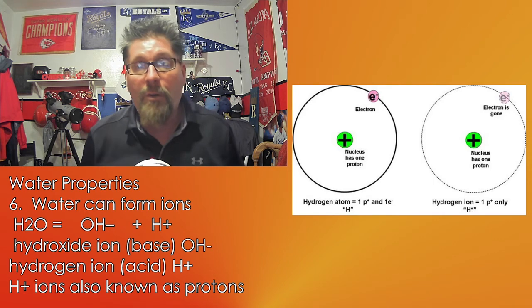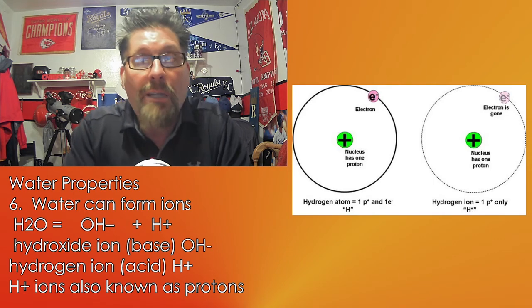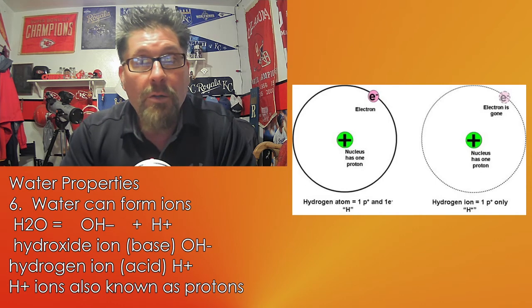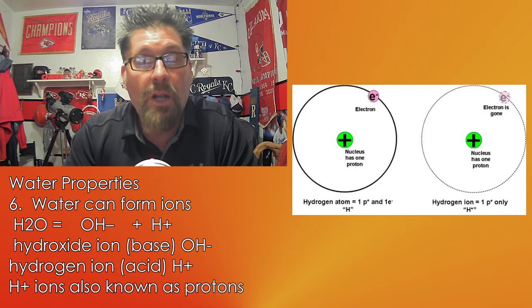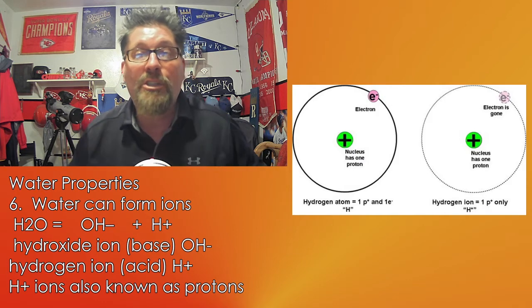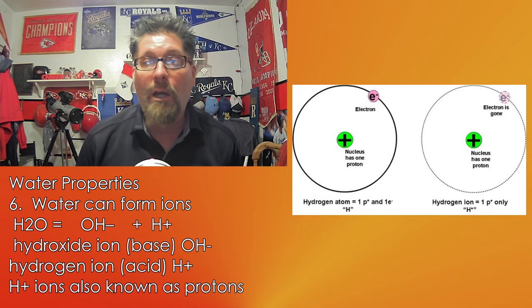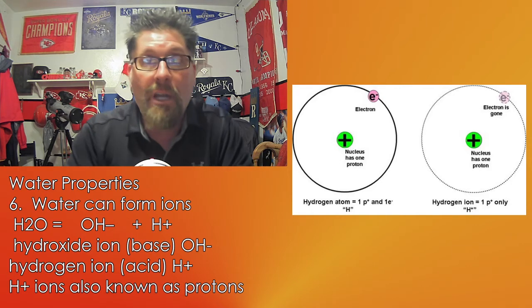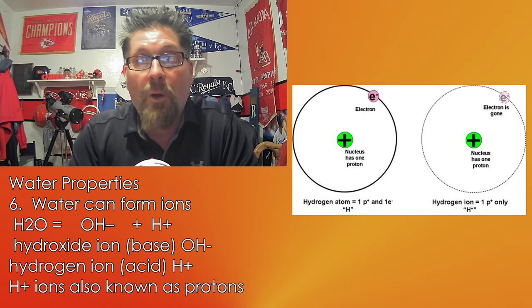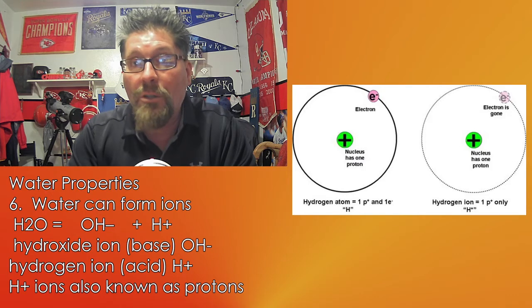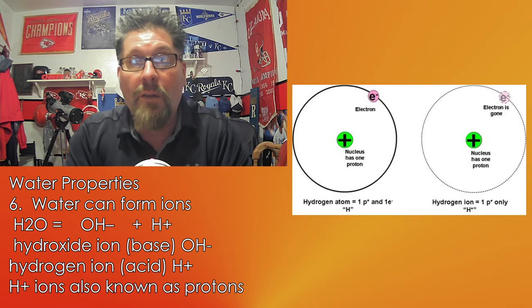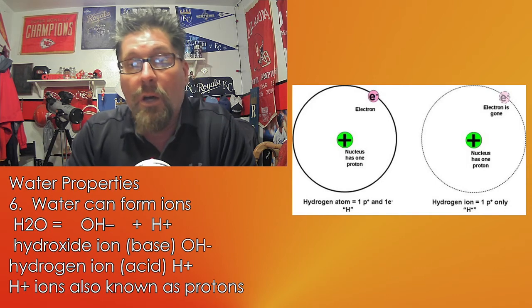And if you're familiar with the periodic table, you know that hydrogen has a mass number of 1, which means it doesn't have any neutrons. It only has the one proton and the one electron, and when it loses that electron, now it just has the one proton, which makes it an extremely powerful element, and that's why it forms acids. A single hydrogen can form acidic material, which can be okay if it's a weak one, but it can be super strong, like hydrochloric acid that can just simply eat through your skin, can be very dangerous.